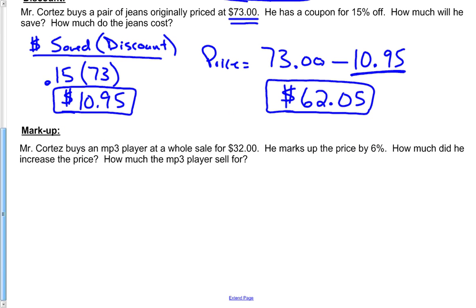Now similarly, we're going to do markup. Same type of problem. Mr. Cortez buys an MP3 player for a wholesale price of $32. He marks up the price by 6%. So here it is again. He marks it up by 6%. We want to figure out how many dollars he marked it up by. So here we go. The amount of markup, which is the amount he increased the price by,